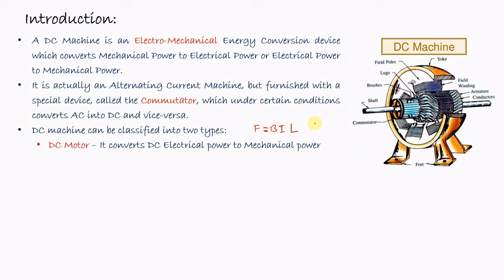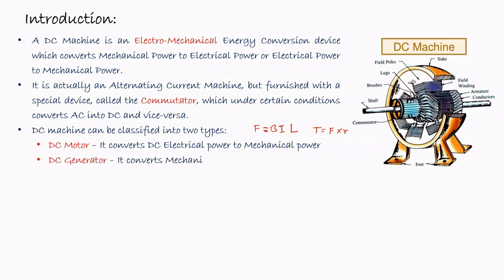And depending upon this force, the torque will be produced, which is the product of force and the radius of the circle. And if the torque is sufficient, then the system will rotate. So basically, in the case of a DC motor, you have to give the DC power supply as the electrical power supply, and it will create some force, then torque, and finally we'll get the mechanical power in terms of rotational speed.